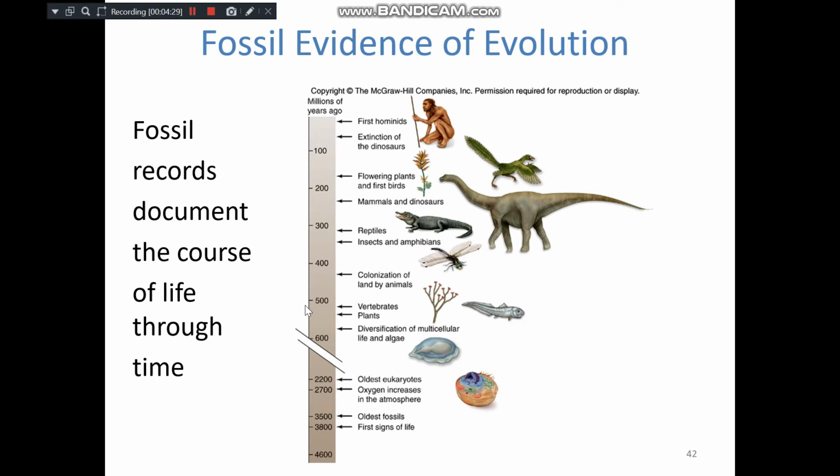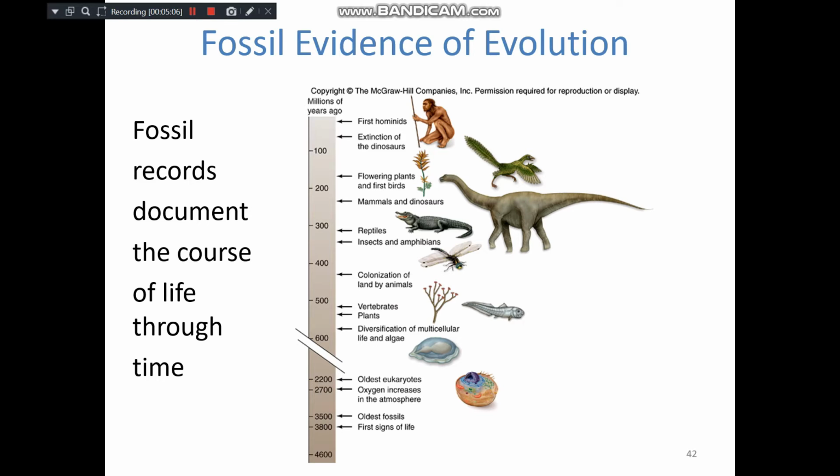We have, probably at something like 600 million years back, diversification of multicellular life and algae must have taken place. In between 600 to 500 million years back, plants and vertebrates, all of them evolved. Something like 425 million years back, colonization of land by animals. Some 300 million years back, all of you know, it was the golden age of reptiles,